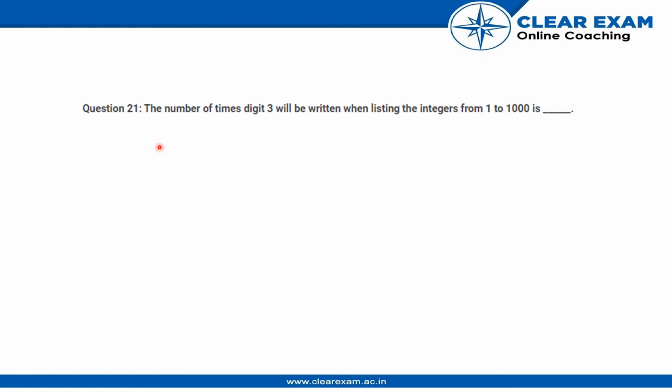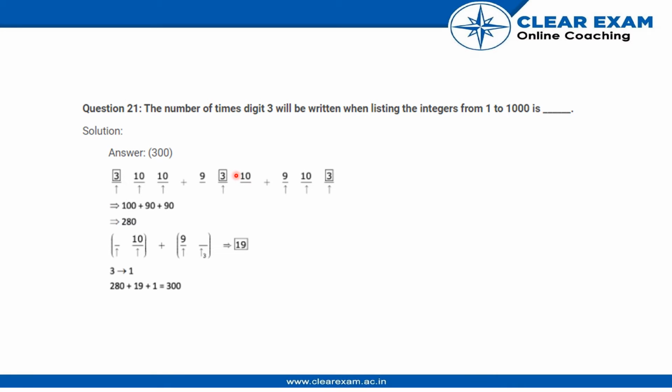The question says the number of times digit 3 will be written when listing the integers from 1 to 1000 is. So this is a little bit calculative question. Now for the one digit integers we have 3 appearing only once, that is from 1 to 10 we have 3 once. Now moving on to the 2 digit integers we have 3 in the units place, that is equal